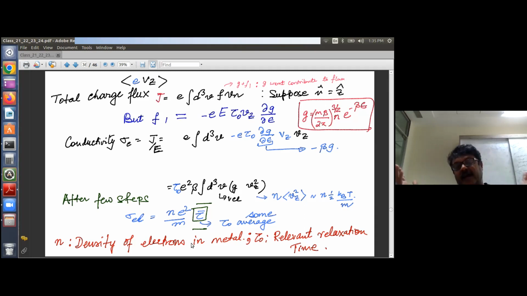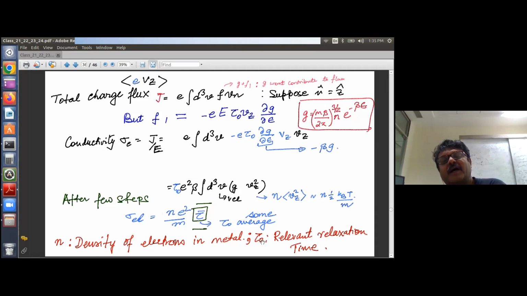We are talking about gas, but if we apply it to electrons in a metal, then this n will be the density of electrons in a metal which are colliding and moving up in velocity space and contributing to the conductivity. And the effect of collisions is to bring it back. We are using a relevant relaxation time tau 0,